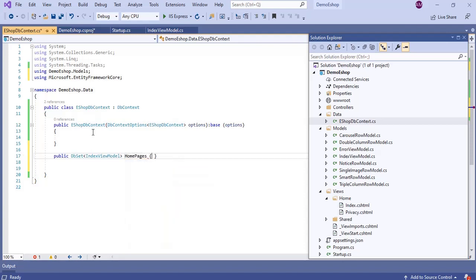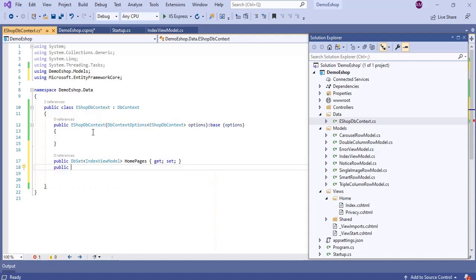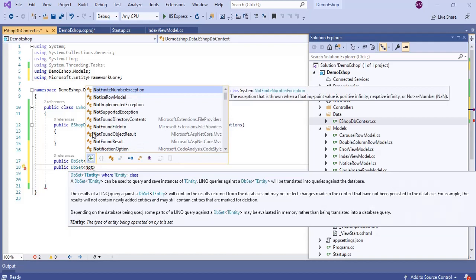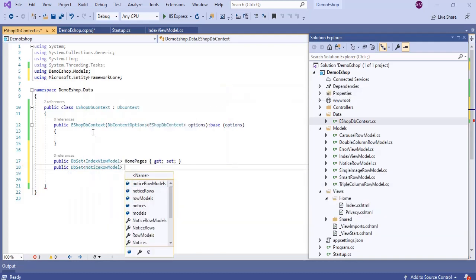Then get set. Then we will add our notice row model, and we'll tell EF core to save this in a table named notice rows.